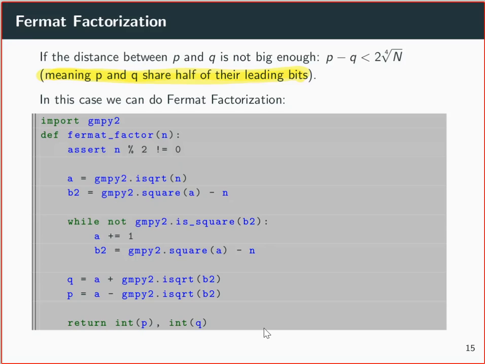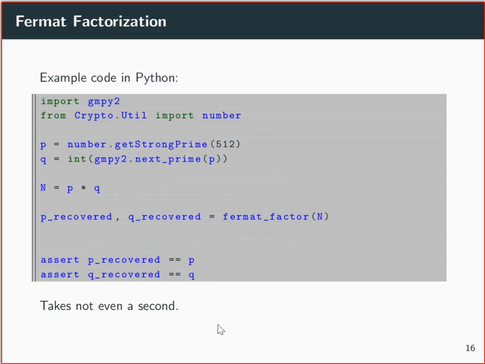private key. Now, this is a complete implementation of Fermat factorization, and as you can see, it's not very long, it's not very complicated, and it factorizes very efficiently. Now you might think, okay, how does it happen? How are those two prime numbers too close to one another? Well,